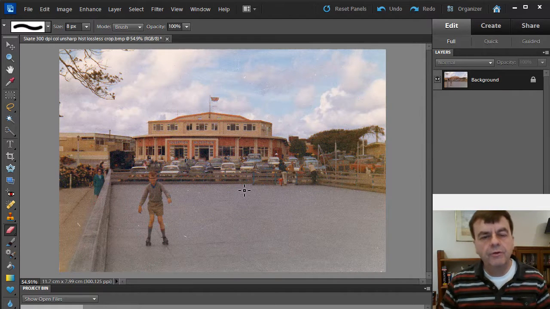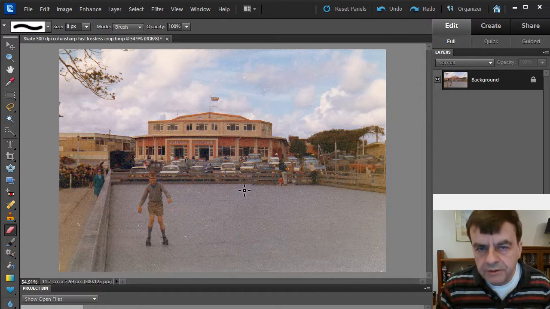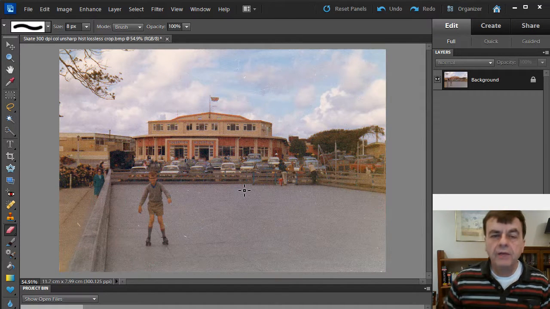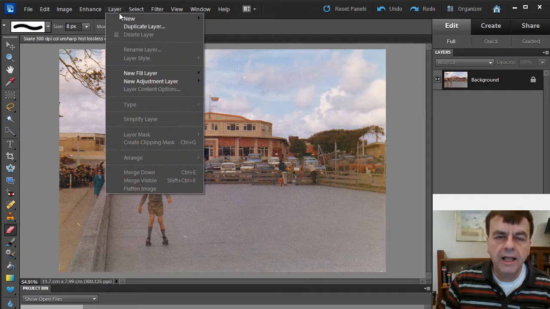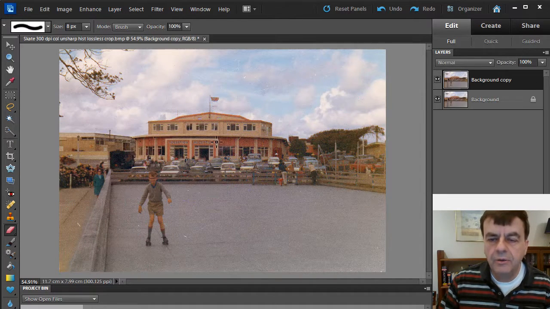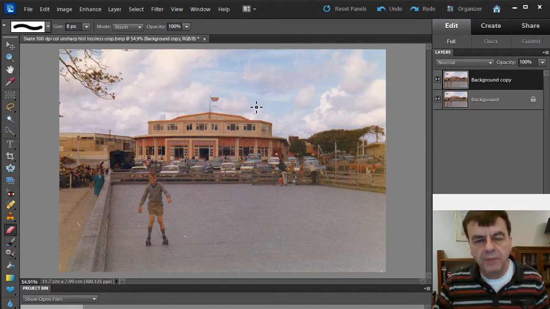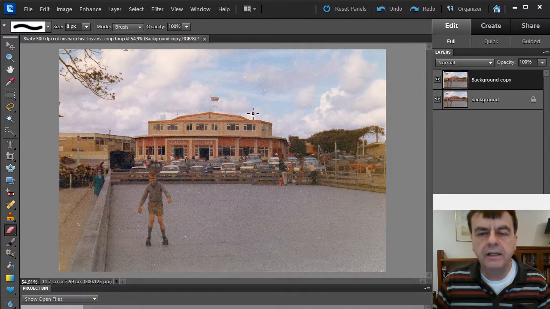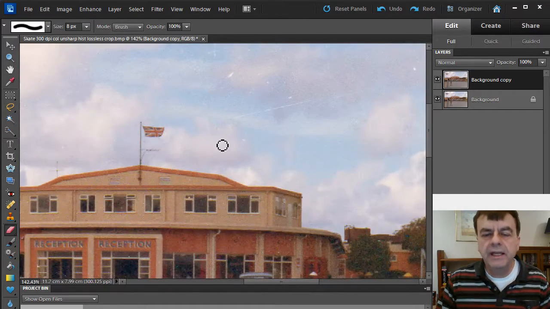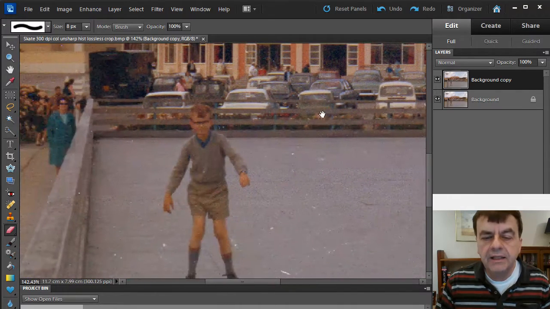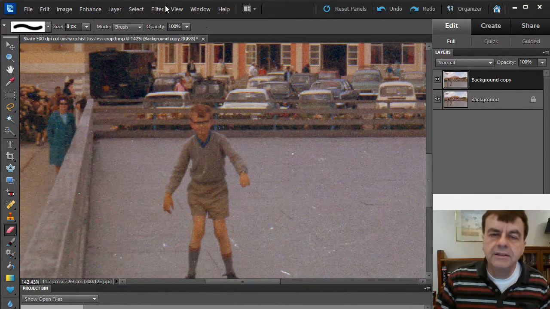That folds them together. Now what we want to do is to tackle the noise, the dust and scratches, and we follow the same workflow as usually for this, which means working on a top layer. So back again to layer, duplicate layer, OK. We're going to work on this top layer. For removing noise, we can begin with the automated filters that Elements provides us with. So zooming in a little bit to see some of the noise, let's select Filter,